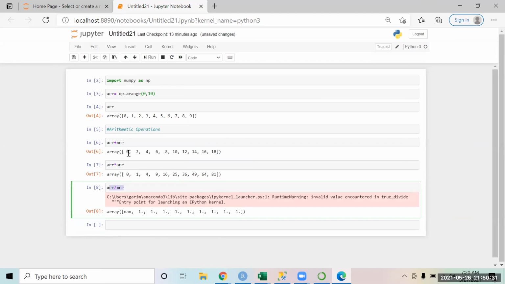This is simply 0 divided by 0. When you divide something by 0, other technologies generally give you an error that it is not possible. But what Python does is it just gives you a warning and prints NaN, that is not available, like a null.